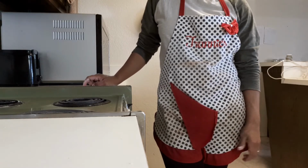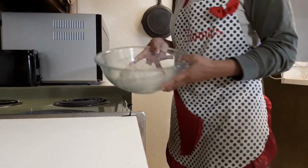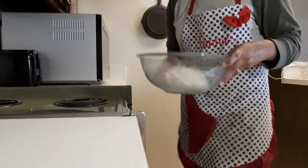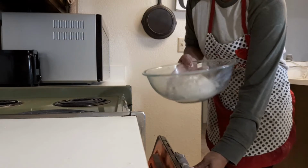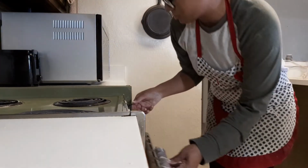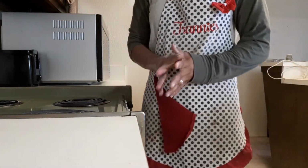Oh, poor apron. 1 minute later, and we are going to put our dough into the oven now. Like I said, make sure your oven is off. You don't want to cook your dough. And then we wait. 45 minutes later,